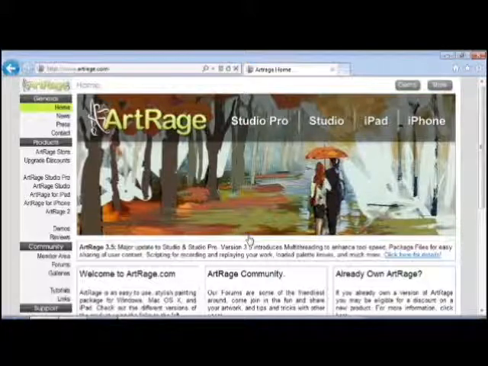To download ArtRage, you need to go to the ArtRage website, which is www.artrage.com. Once you're on the home page, to get to the downloads page, you need to click on one of the demo buttons, one of which is on the top right, over there, the other, which is on the sidebar on the left, over there. Click on that,